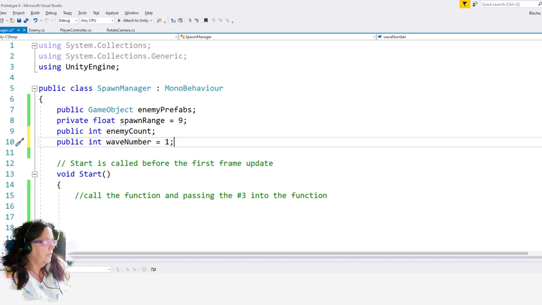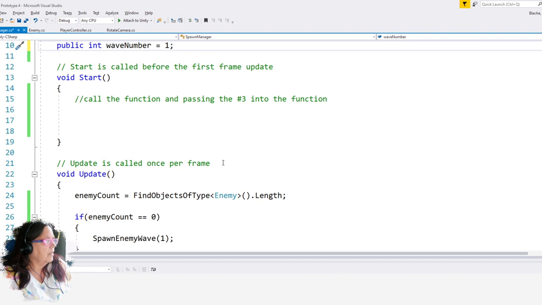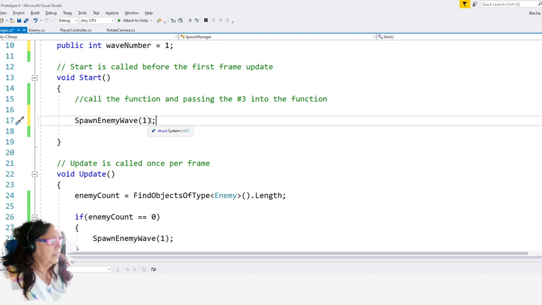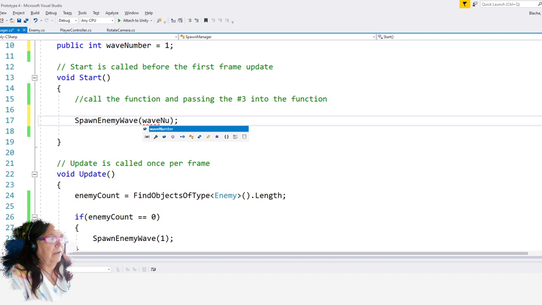And instead of in our, I don't think I have that in there anymore. Oh, I see. They probably wanted you to have it in the start void at the beginning. They probably want you to have the spawn manager here to start with. So you had it still in the beginning as well. So you start off with it here as well as there. So the wave number would go here. I got rid of it altogether. Wave number. And then also